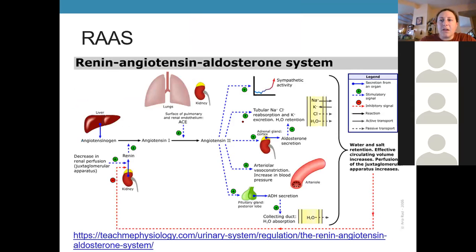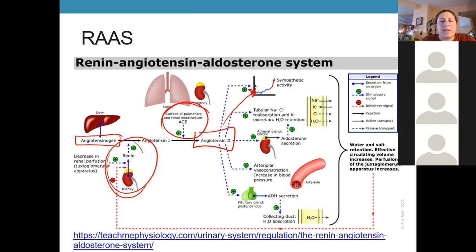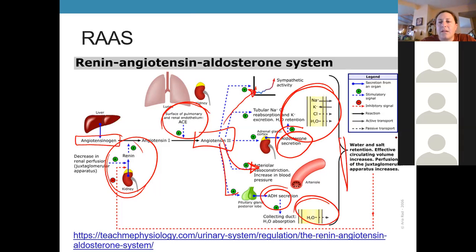So here's another example of a chart showing you how all that works. So here's our kidneys releasing renin. The liver, by the way, makes the inactive form of the angiotensin. And then here's our ACE, finally activating it and all of its actions. So increased blood pressure, enhancing sympathetic effects, ADH secretion, aldosterone secretion, and then we get a bunch of reabsorption, and that leads us to